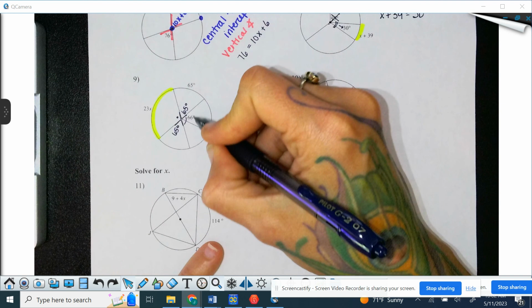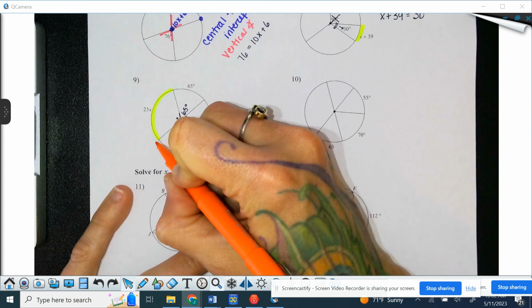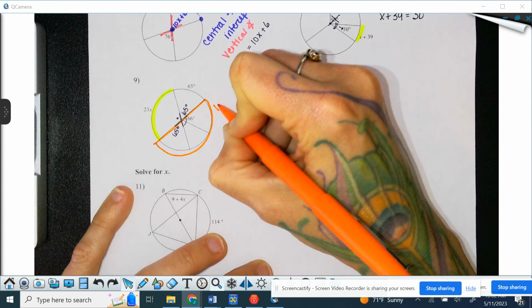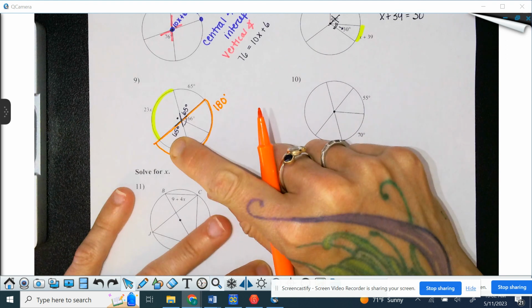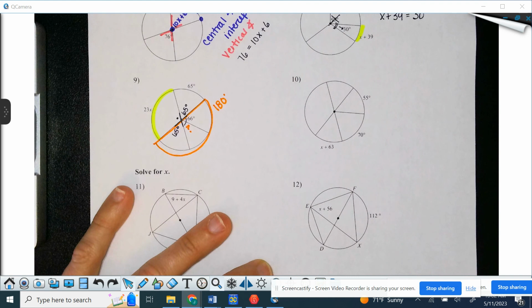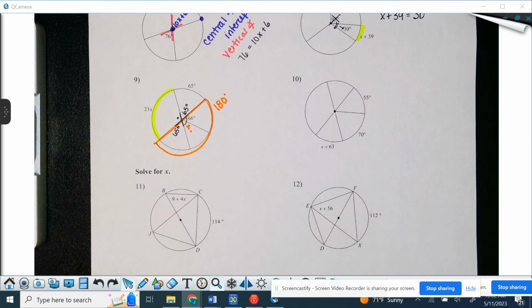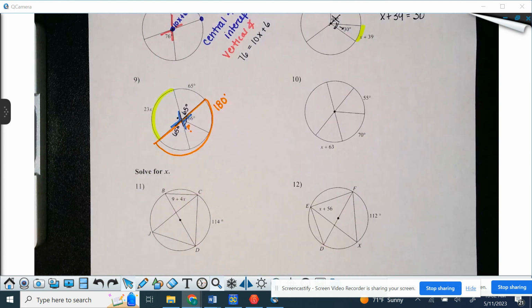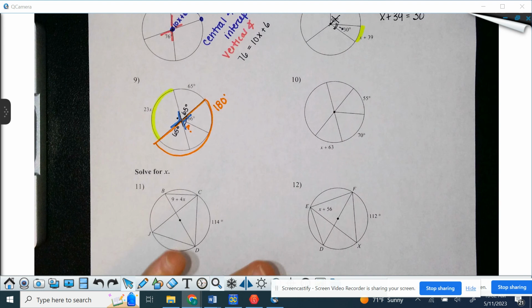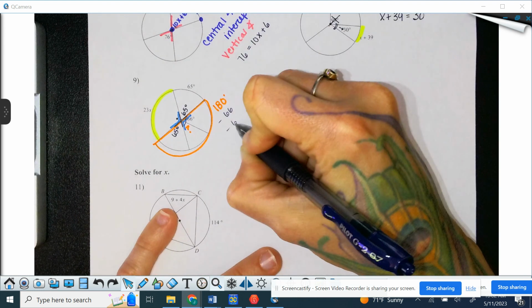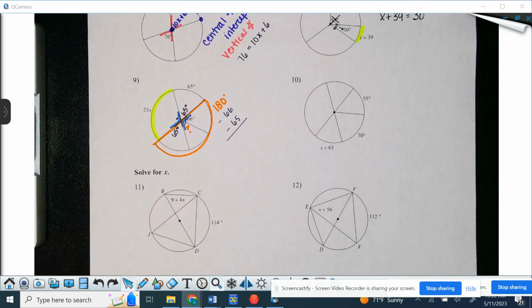This is a semicircle, which is equal to 180 degrees. I have 66 and I have 65. So the unknown for that 180 is just within that little pizza slice, which would then help me, because then I would have my vertical angle measures. So what we're going to do is take the 180, subtract 66, and subtract 65, or add 66 and 65 together, and then subtract it from 180,